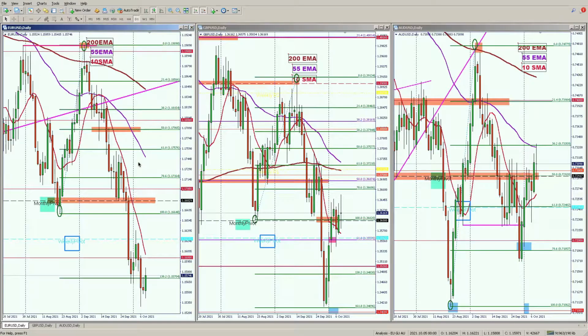This is the weekly technical analysis for the euro, the cable, and the Aussie dollar for the second week of October. And let's begin with the euro,